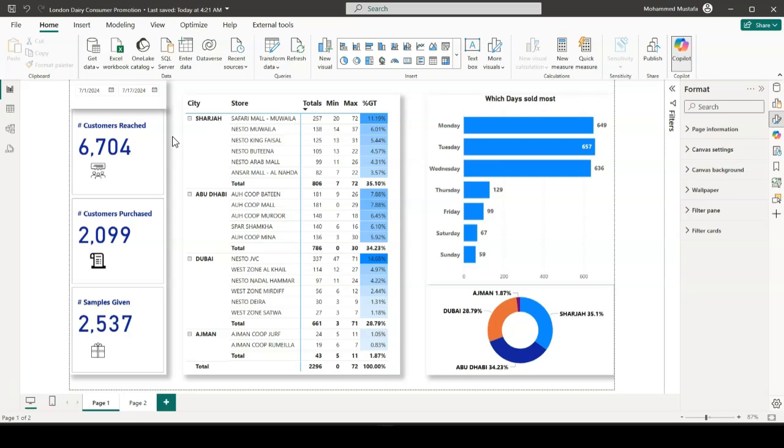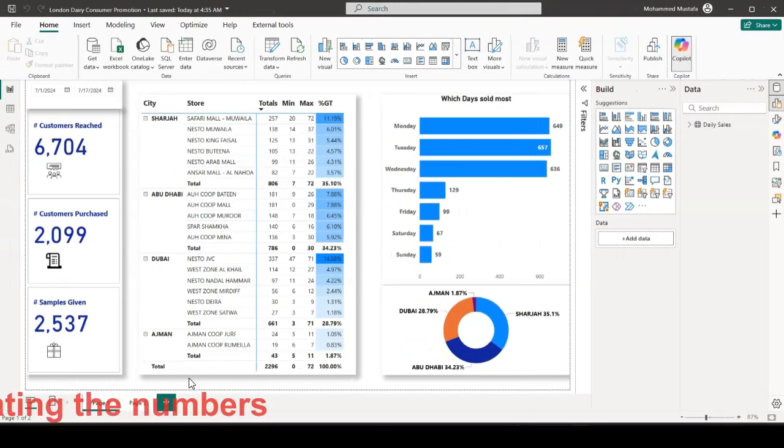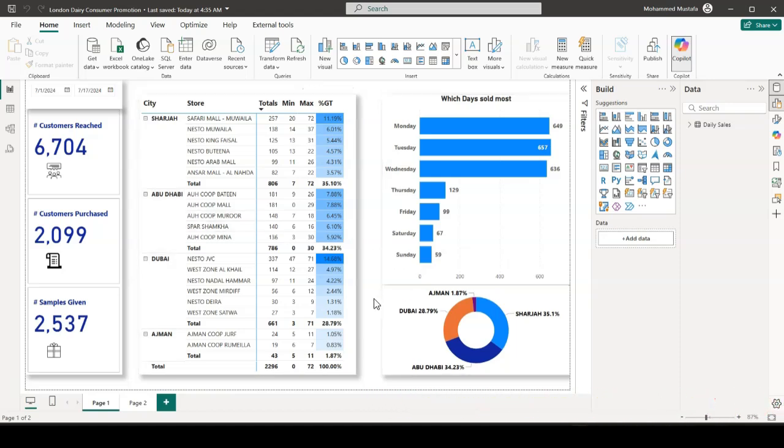Now our dashboard is complete. We'll do a little bit of tidying up, and before we do that, in the next video we'll try to analyze our numbers. So most of our work is complete and we're done with our visuals and formatting the visuals. Now let's try and do a little bit of analysis and validation of our numbers. So before I do that, I'll just double click here and let's rename page 1 to dashboard,